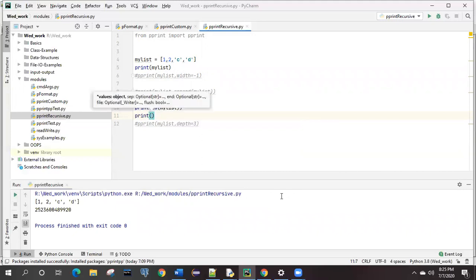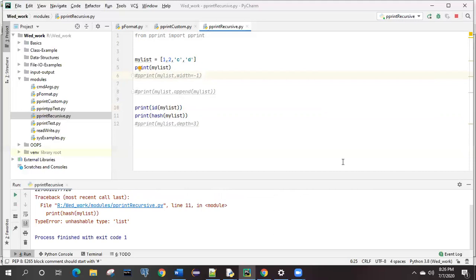So how can we print the memory location? For that, I think I have told you this hash method is there, right? Yeah. My list. It is working with a particular value.